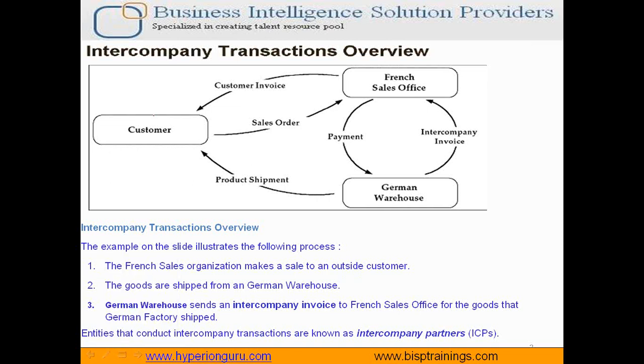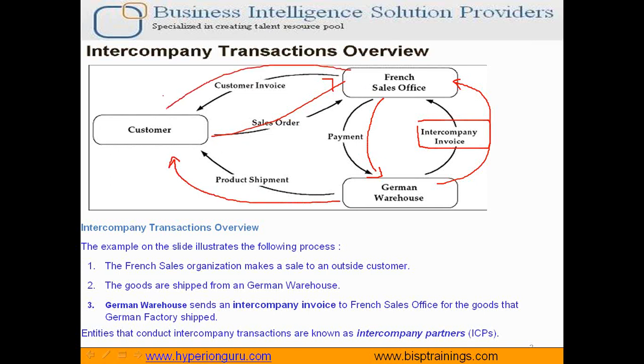This is an easy example to understand. A customer places an order with the French office. The French sales office in turn passes the order to the German warehouse, and the German warehouse ships the order to the French sales office. The French sales office makes the payment and the German warehouse renders the intercompany invoice. The product shipment is done from the warehouse to the customer, and finally a customer invoice is generated by your French